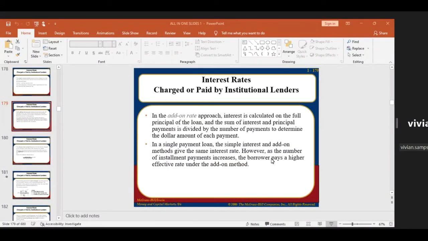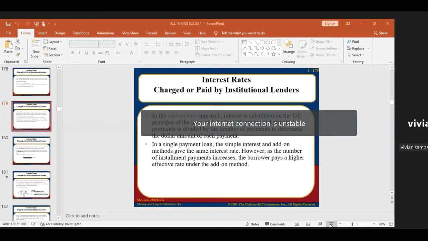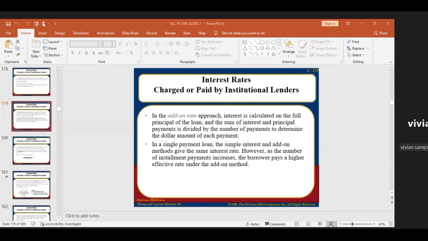In a single payment loan, the simple interest and add-on method gives the same interest rate. However, as the number of installment payments increases, the borrower pays a higher effective rate under the add-on rate, and that is what we just established. So under the simple interest rate, when you calculate, the annual rate will be 8% because the person is paying just once in a year. But with the